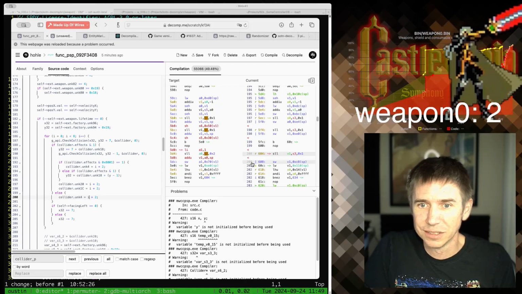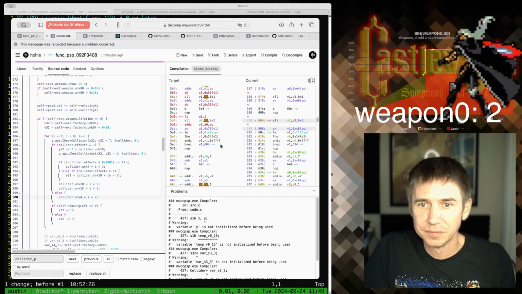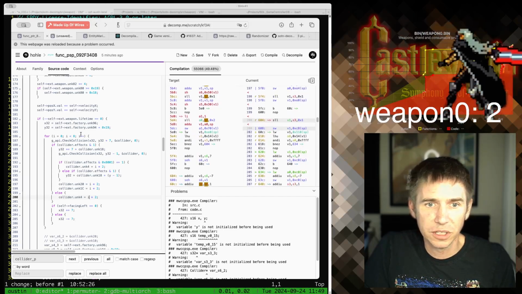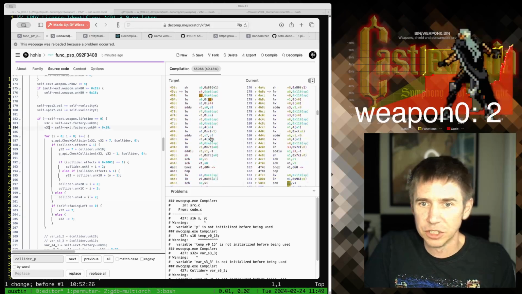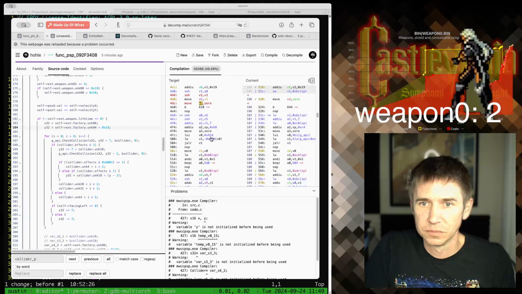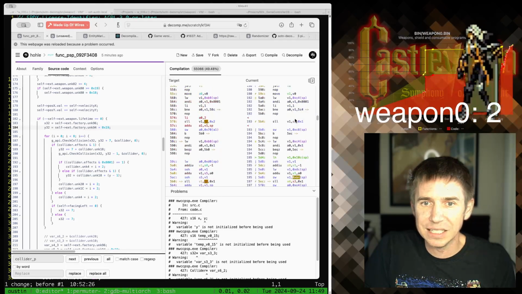Oh, that's interesting. Our register now got changed to S3. I think I saw that highlighted on this side, but let me check over here. We are looking for things with offset BC that are